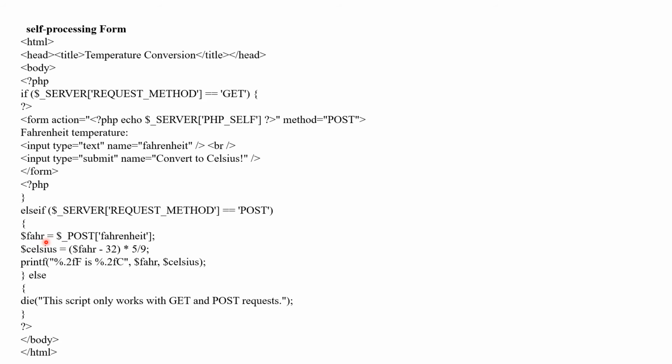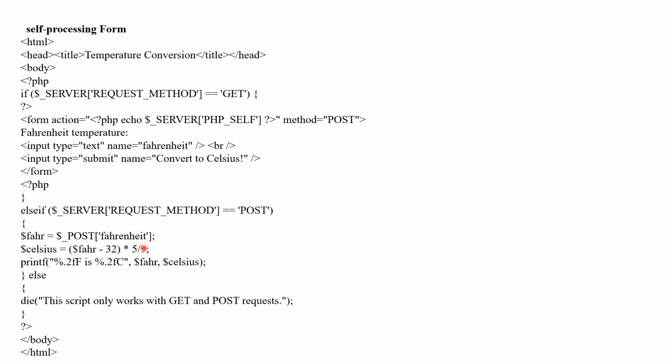or retrieve the temperature in Fahrenheit format with $_POST, because here we use the method equal to post. By using the conversion formula for Fahrenheit into Celsius, we retrieve this value into this variable, and after that we use this formula: temperature in Fahrenheit minus 32 multiplied by 5 by 9.